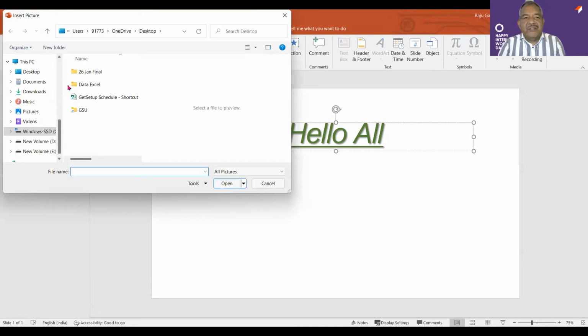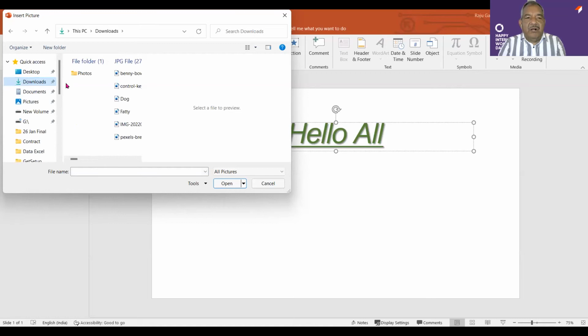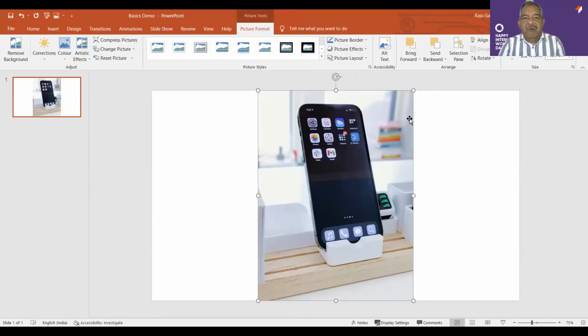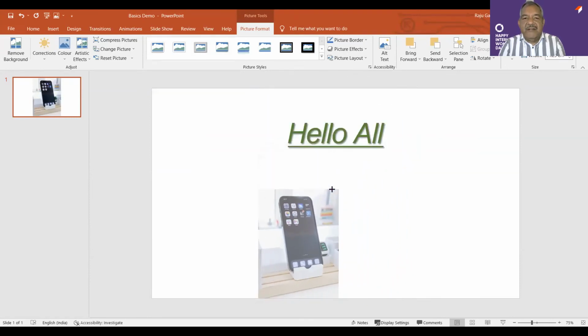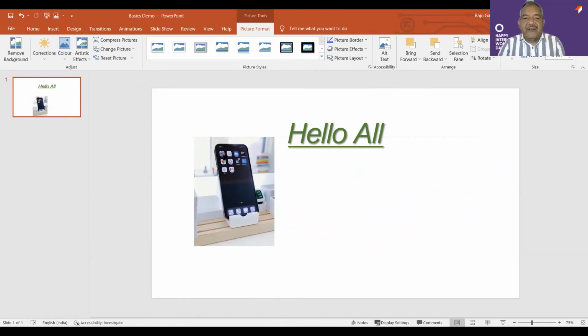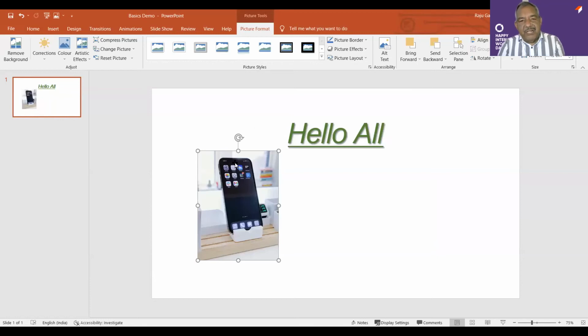I go on to this device. It connects me to the device, and I have to select from where I need the picture. So I go in there and select the picture and insert it. Once inserted, we can resize it and move it anywhere across this slide. The way a picture gets inserted,